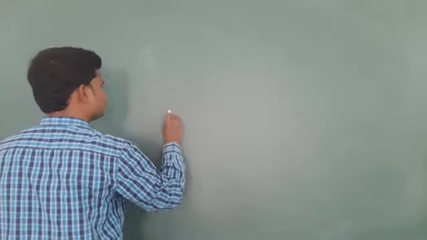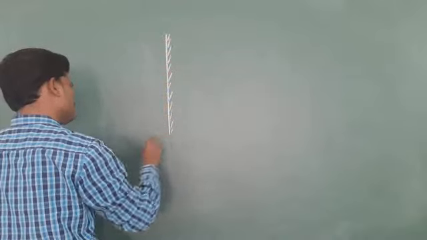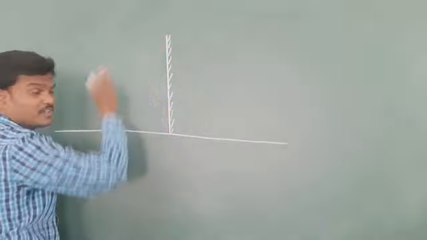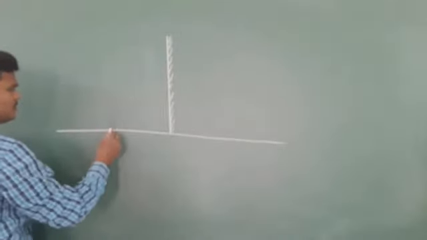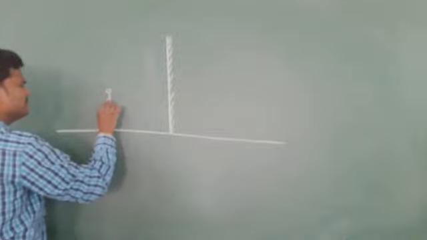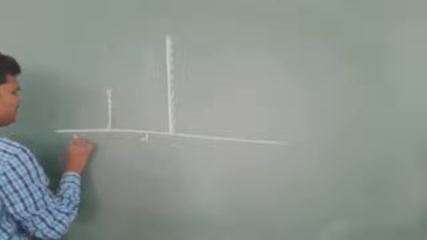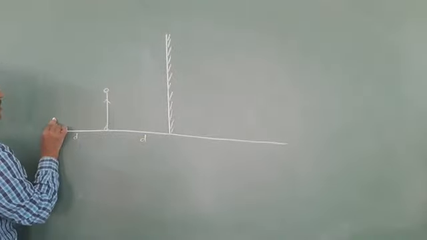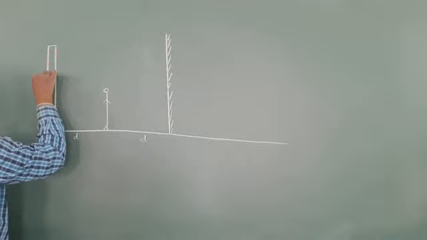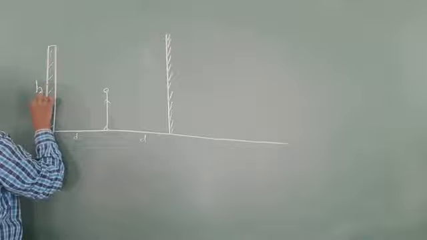See, this is the mirror. Right now I am drawing the mirror from the bottom. We can shift the mirror into the air also, that also will do. Let us suppose the person is standing here at a distance of something d. Again at one more distance, the wall is there. See, this is the wall. Wall height is given as h.